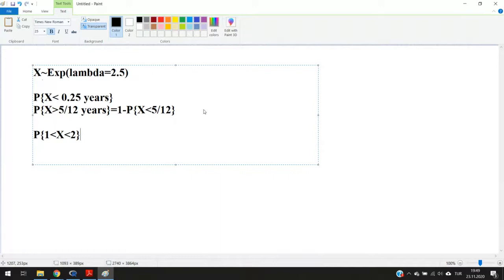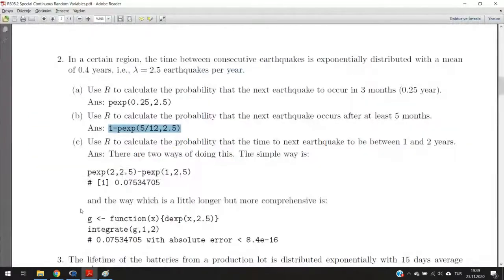So the time to next earthquake to be between 1 and 2 years will be equal to the CDF at 2 minus the CDF at 1, which is basically PEXP of 2 at 2.5 rate parameter minus the CDF at 1, again with rate parameter 2.5, and the answer will be